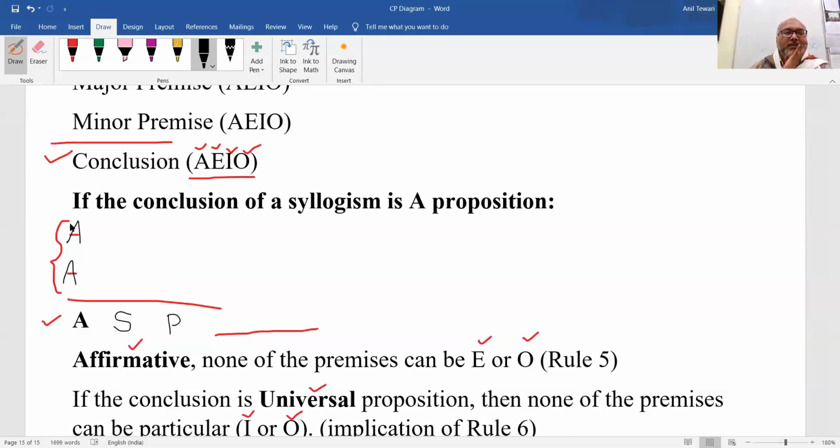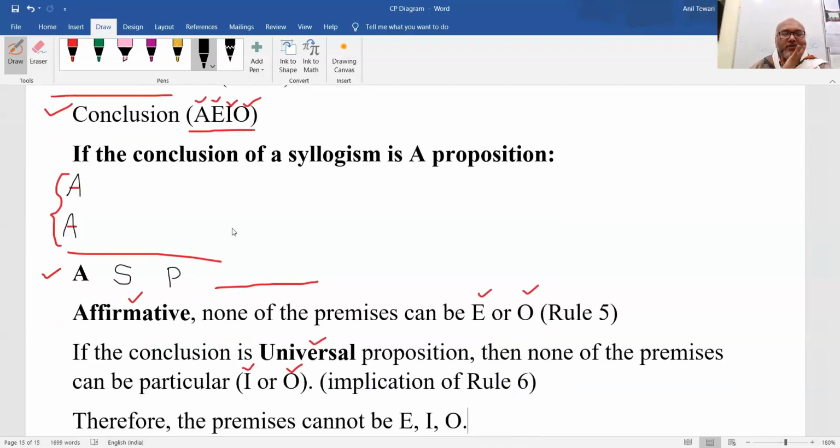And the moment you have decided that only this mode is possible, triple A is the mode which is possible when the conclusion is A. There cannot be any other mode. If the conclusion is A, there is no other possibility regarding the mode, only this much. So you have decided the mood of the syllogism which could be valid. It is valid or invalid, ये अभी decide करना है, because you have to consider the figures also. So you have used quality and quantity. Now you have to see distribution.